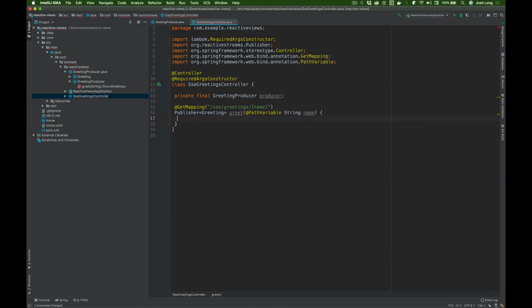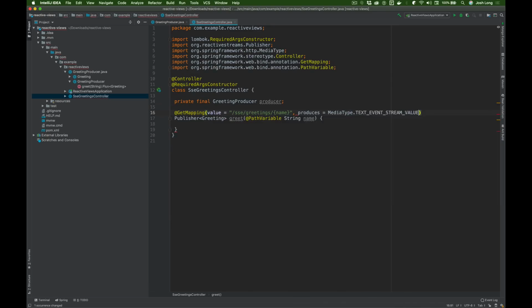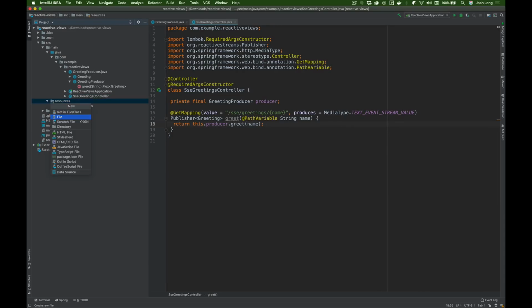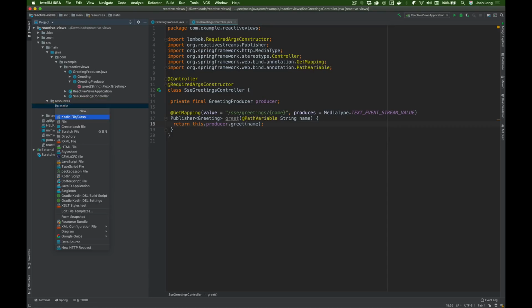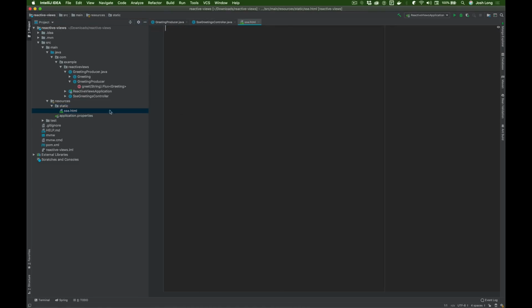Okay, so what I'm going to do is I'm going to say when somebody calls this endpoint, living at that endpoint, we're going to send back a content type of text event stream like that, and we'll say producer.greet, passing in the name, the path variable in the name. All right. Now, how do we use that from a client? Well, that's simple. Let's just create a page here in the directory called static. So we're going to create a static assets directory. Spring Boot will automatically serve anything in the static directory to the client, and we're going to call this sse.html,